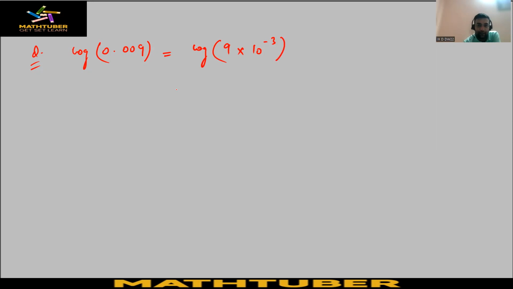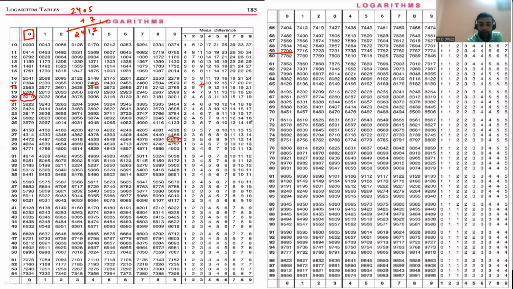So basically minus 3 becomes the characteristic here, but we have to write it as 3 bar. We do not write minus 3 as the characteristic. Instead of this minus 3, we write it as 3 bar plus log 9 we have to find out at the 0th column. So log 9, you can see here,